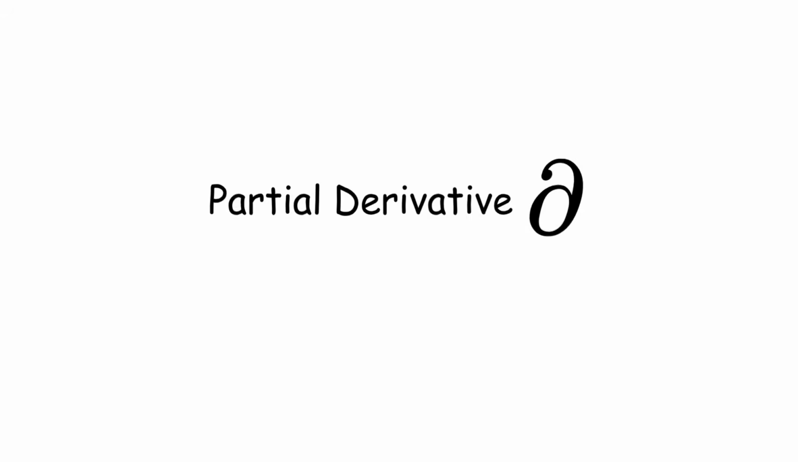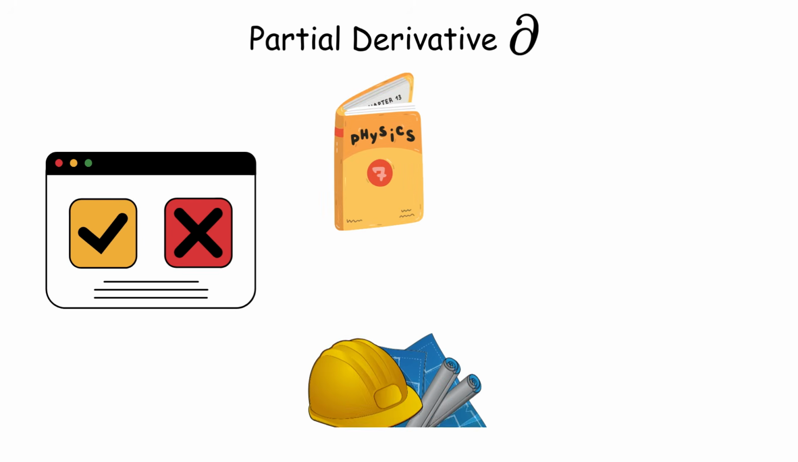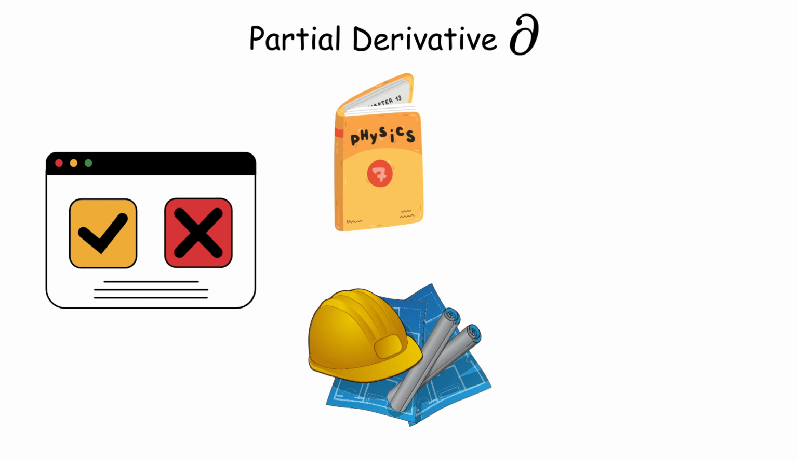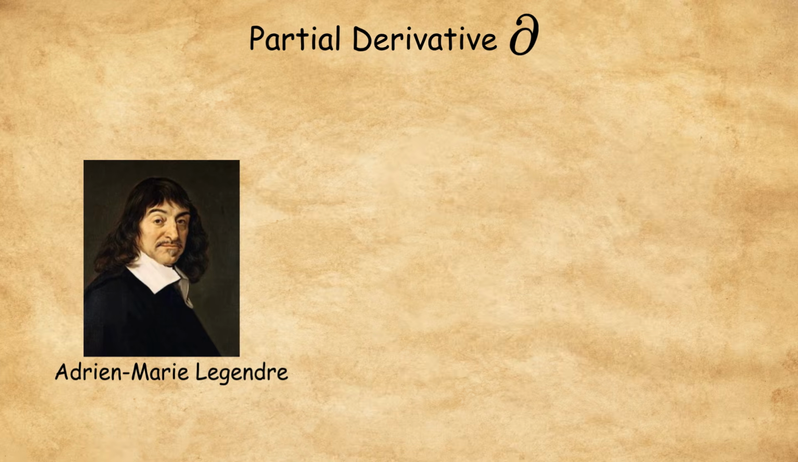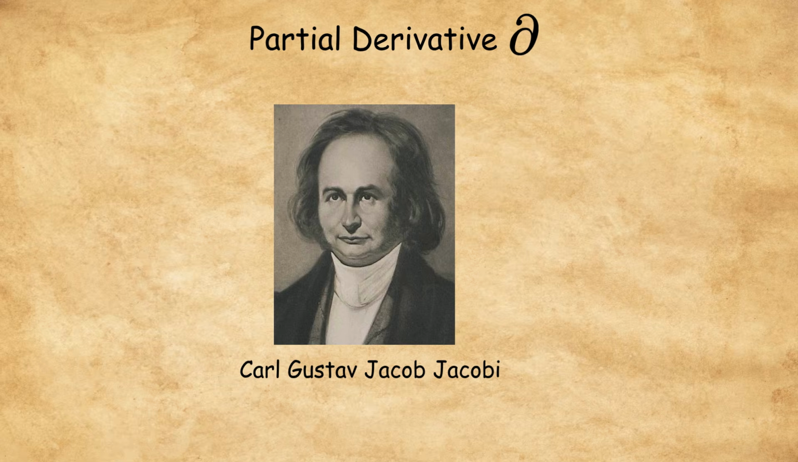The partial derivative symbol looks almost identical to an ordinary d, and that single missing stroke has caused more wrong answers in physics and engineering than almost any other notational slip. Adrien-Marie Legendre introduced the rounded form in the late 18th century, and Carl Gustav Jacob Jacobi standardized it soon after,